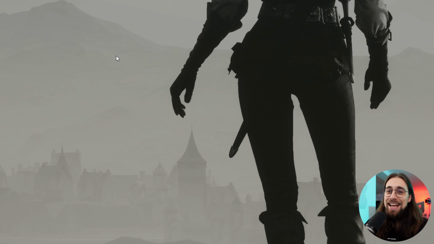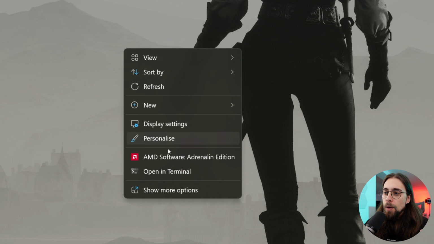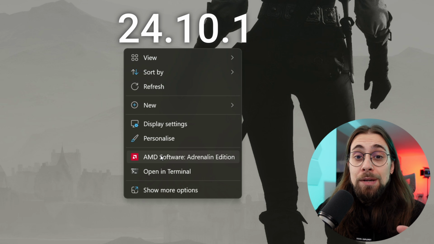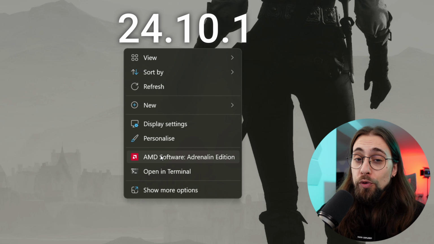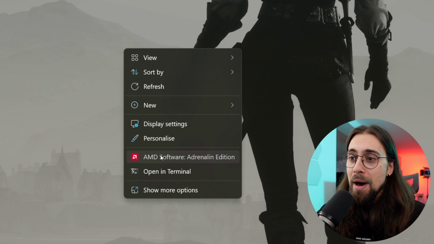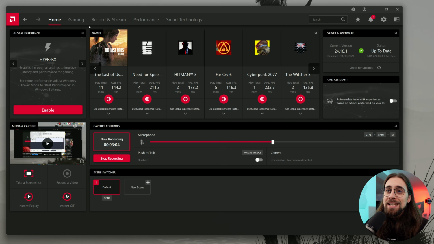Now as for the settings guys, let's start with the most important thing. Right click on your desktop and you'll have AMD Software Adrenalin Edition. Now we're doing with the 24.10.1, which is the drivers from October, so 24 is the year, 10 is the month, 1 is the revision in that same month. So yeah, you open it, and as soon as you open you have the home menu